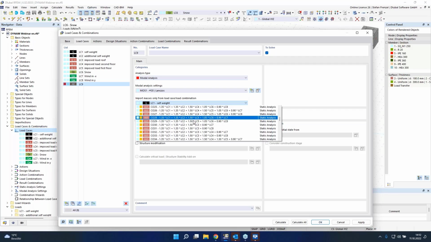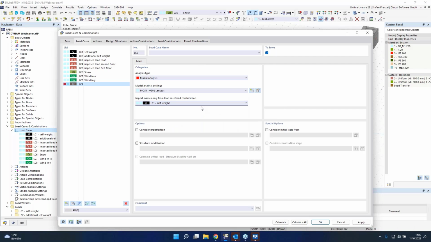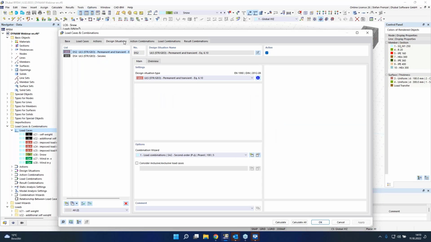But in our case, that is not enough, because we need now, of course, the loads or the masses according to our design code, Eurocode 8. And we are able here in RFEM 6 to create this design situation. And therefore, we just have to switch here to the next tab. It's also called design situation. And here we can say, okay,